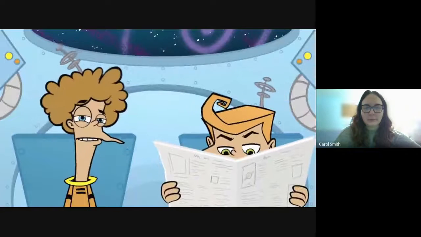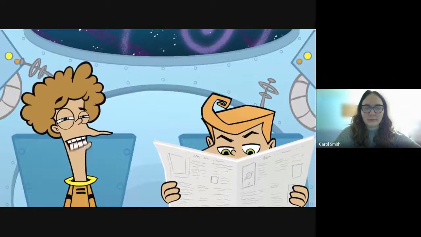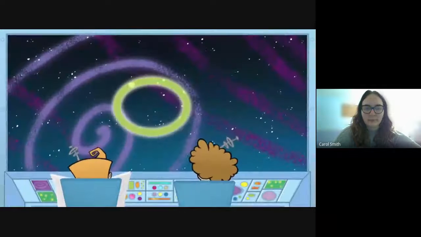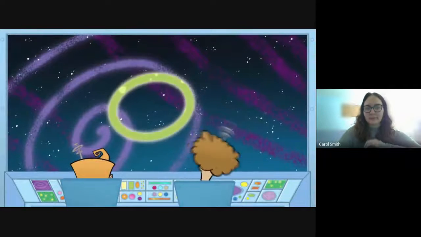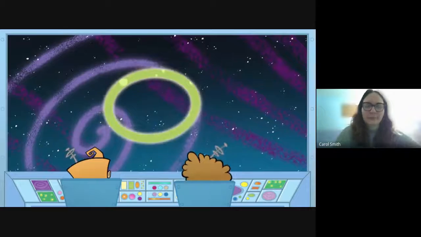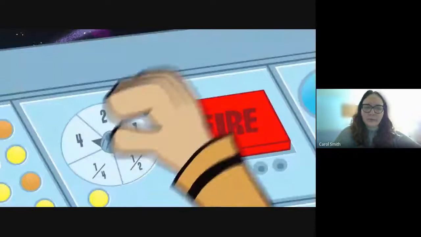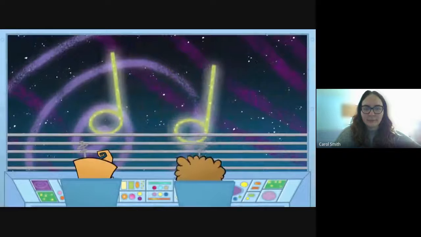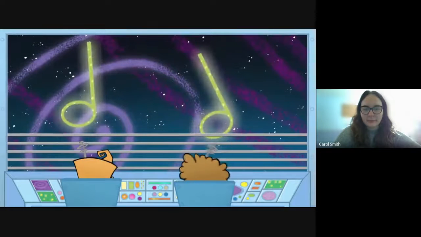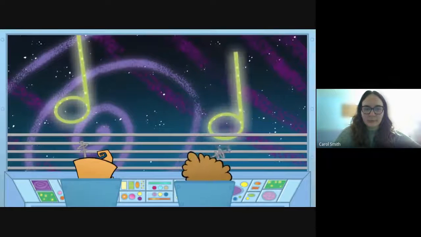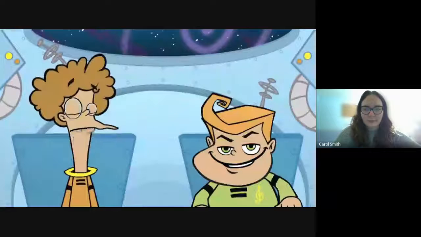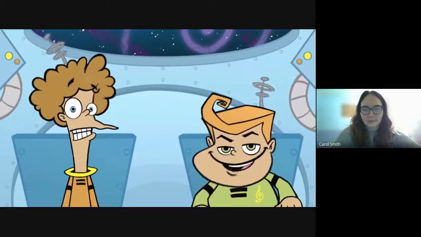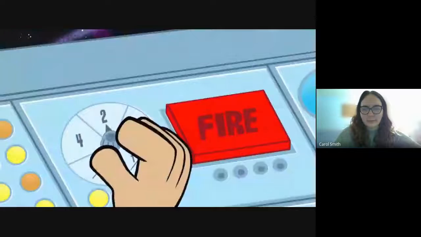Give me an update, Spotty. Everything looks fine apart from the giant whole note approaching! 4 beats of space destruction! Raise deflector shield and open fire immediately. All lasers! Captain Clef, it's getting worse! The whole notes have metamorphosed into half notes of 2 beats! Captain Clef! Yes, I see that, Spotty. Calm down. Set lasers to 2-beat destruction.